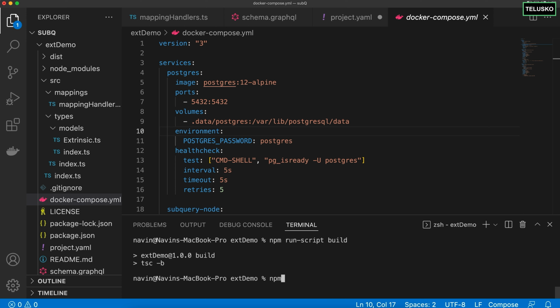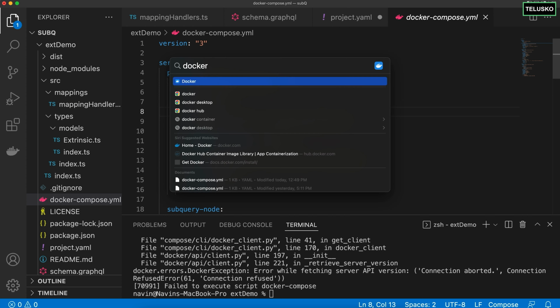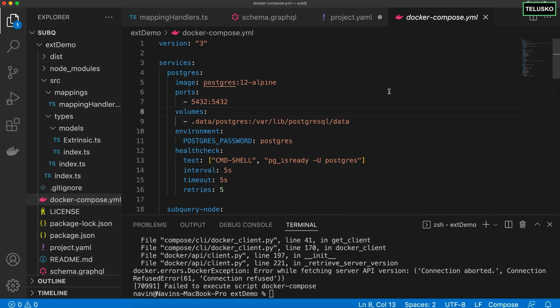To start the Docker, we'll again run the same things, run script, and that's start Docker. I will say enter. So you can see we got the error, right? Because the Docker is not running. So you have to make sure that your Docker is started, and it should give you a way of showing that it is running.